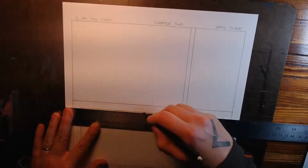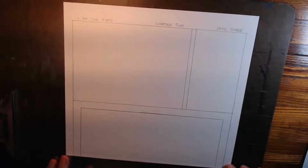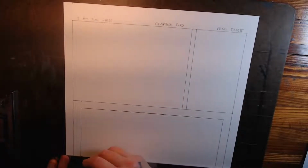What just happened there? What was that? My pencil rolled on the edge of my ruler, and it sounded very weird. Okay, so